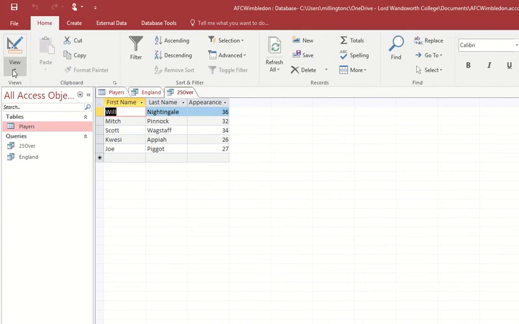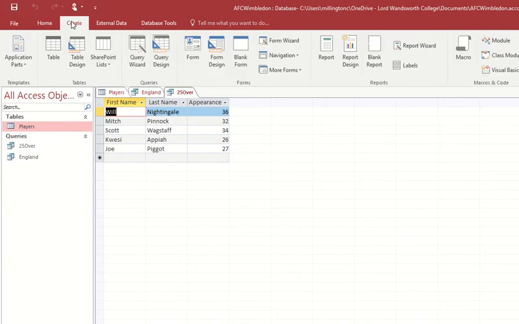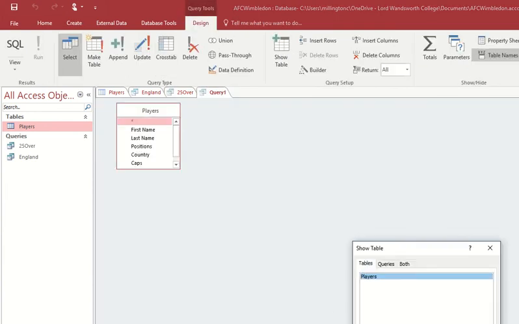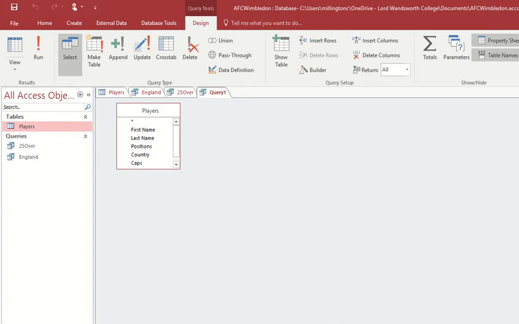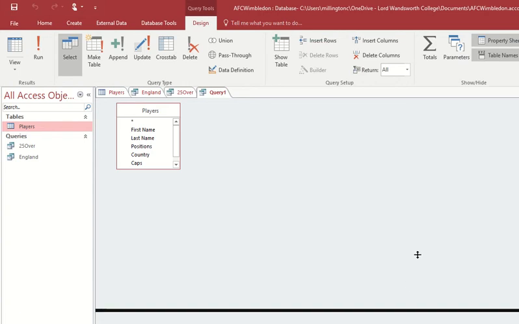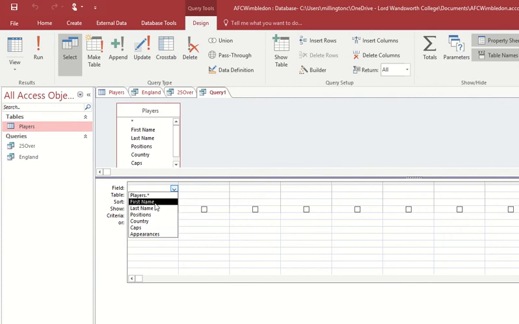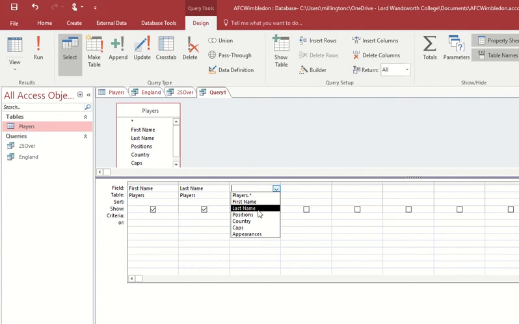Okay, now say I wanted to search for my midfielders. Say I wanted only to see the people who can play in the midfield. So again, I go back to create and query design, and I add players, and again I drag up my query boxes from below. And so I want first name, so I want last name, and I want to see positions, and I want to see the players who are midfielders,